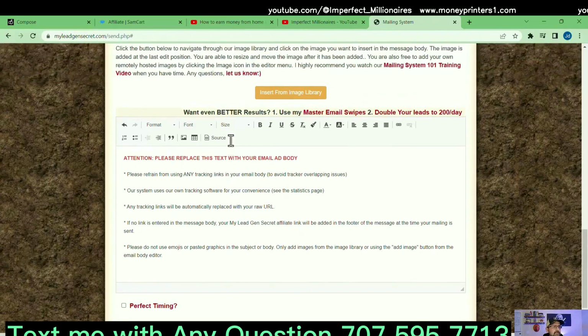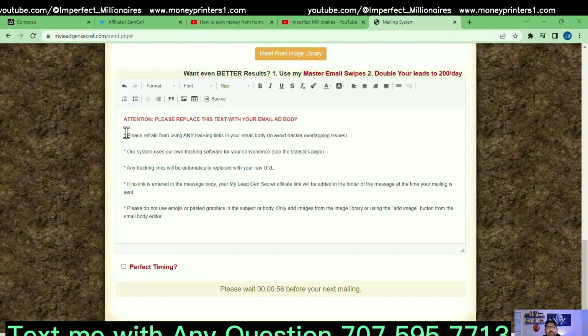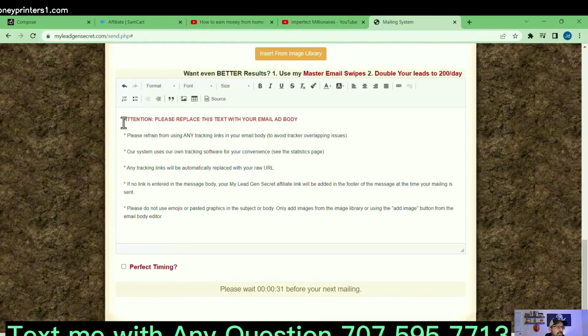So that being said, what you want to do is go wherever you're keeping your emails. And by the way, I told you not to buy email swipes from MLGS. I'll have emails under this email that you can just copy. You can grab them. That way there'll be a link to them, and you have an assortment of things, and you feel free to change them, reword them, whatever you like, but I will only provide you things that I know have been effective. Okay? I'll go into getting people to open those emails and respond to those emails. All right?